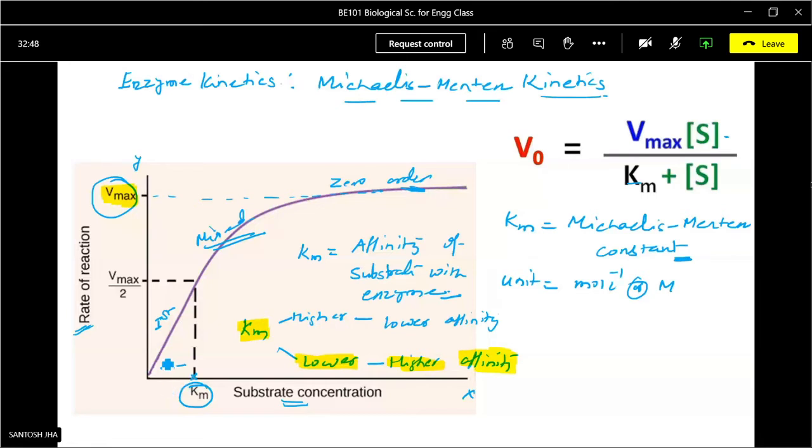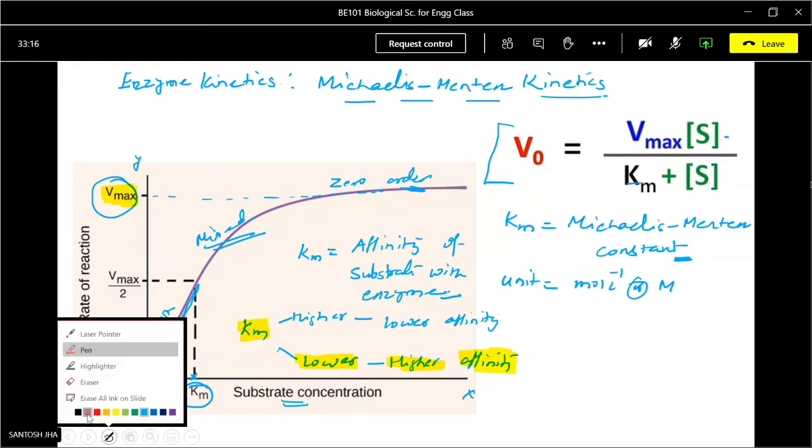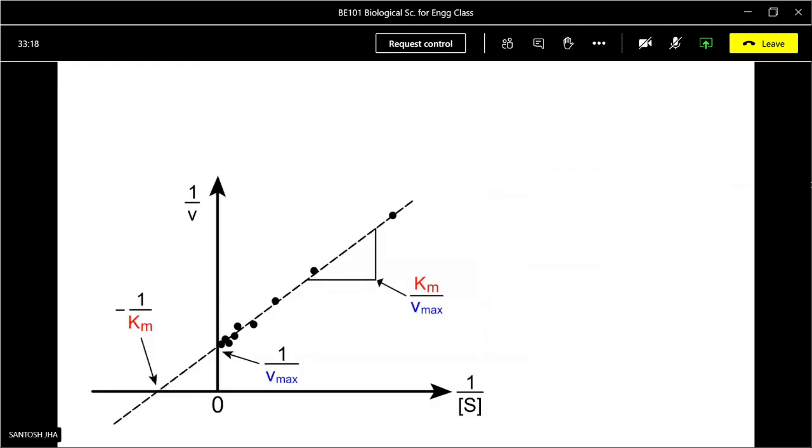this Km value level, because in this region we have the linear relationship between the rate of reaction and substrate concentration. So it is very easy to interpret the consequences. But at the higher concentration, it is a non-linear relationship. To get more information, we can convert this non-linear equation into the linear form. So the linear form of this equation is known as the